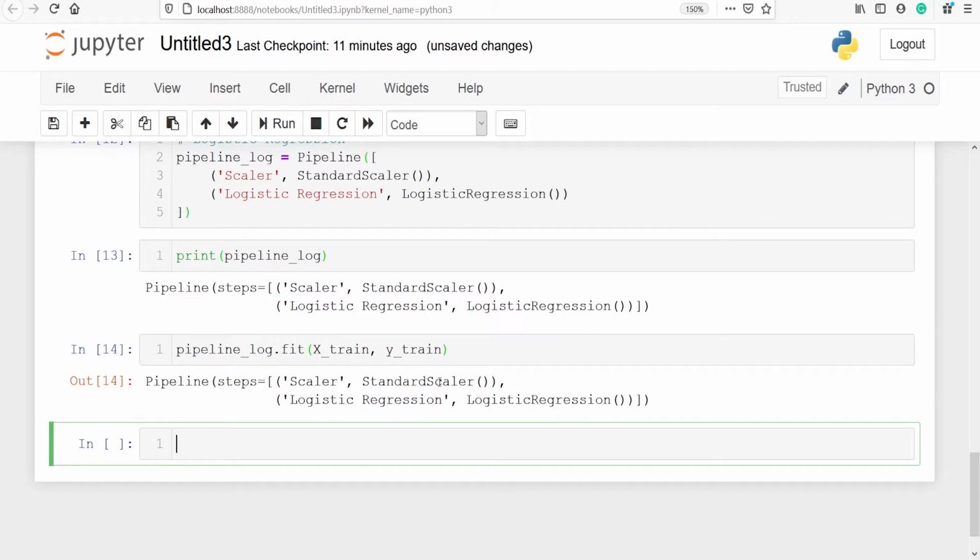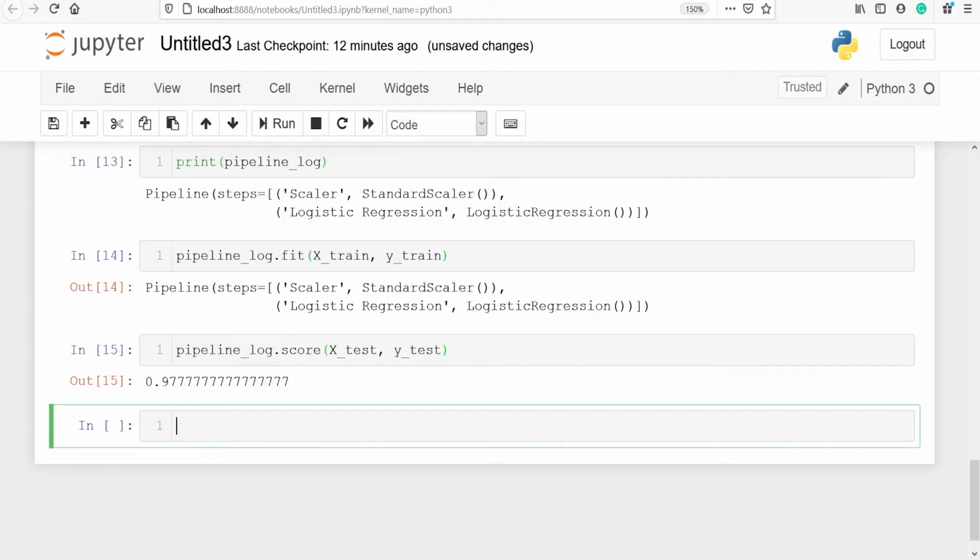Now we will calculate the accuracy on X test and Y test. So we will write pipeline_log.score, X test and Y test. So in the output you can see that we got an accuracy of 97% on our test data.